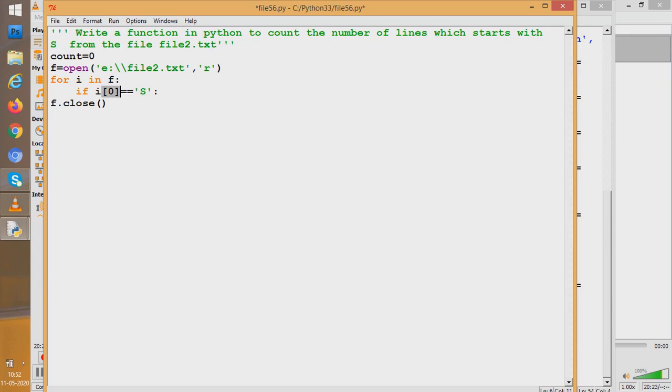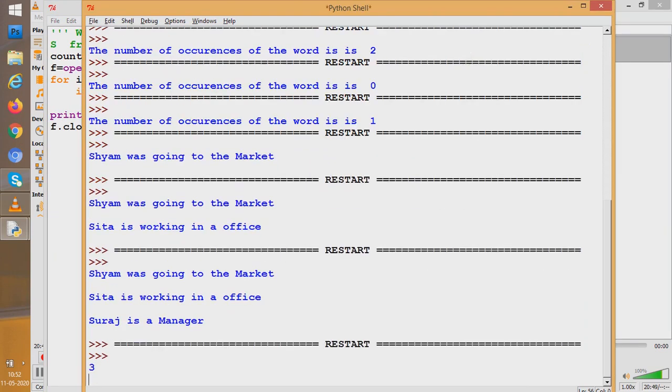If it has to work, what will we write here? count is equal to count plus 1 we'll write. Let us see whether it works or not. We'll understand it properly. And then we'll write print the value of count. Now you know how it works. So let us run it and see whether it works or gives an error. It works. So is it a better way? It is a better way to deal with the questions of lines from CBSE.